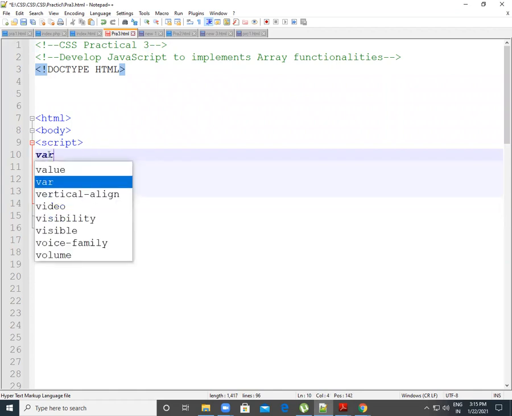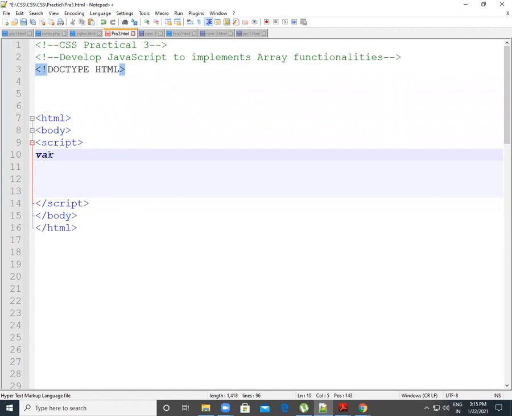First we write our fruit names in the variable fruit equal to, then square brackets, and in that you can write your fruit list.